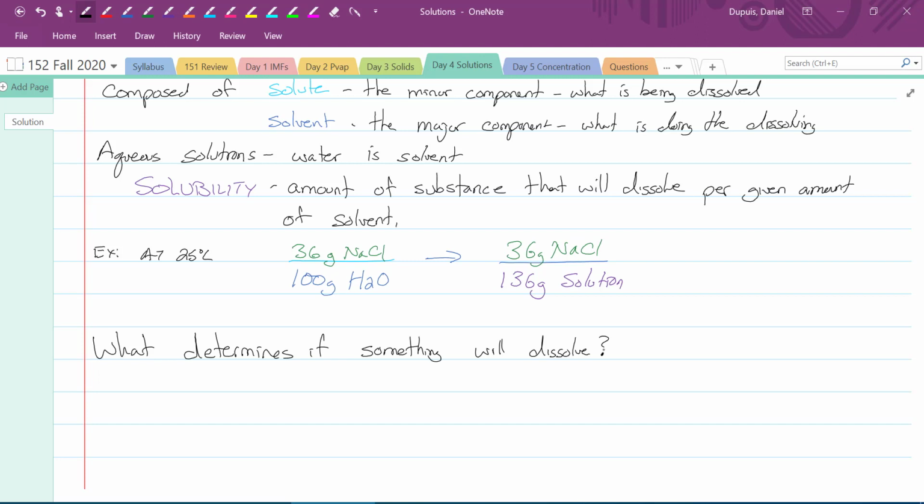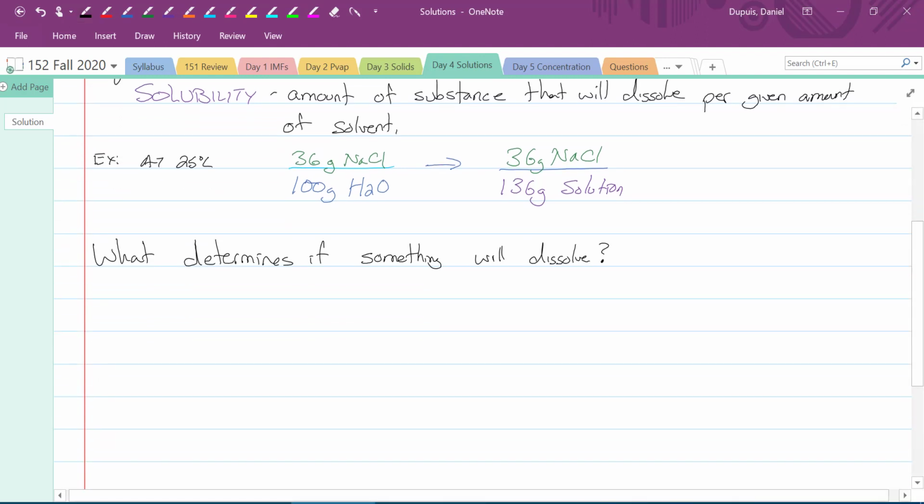So we know this stuff depends on temperature. We know that sugar dissolves. We know salt dissolves in water. We know sidewalk chalk doesn't dissolve in water, right? It washes away from the sidewalk, but it doesn't dissolve in water. So what determines this? All right, and now the answer turns out to be intermolecular forces